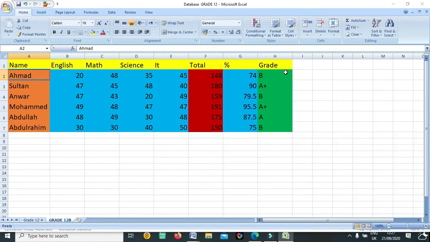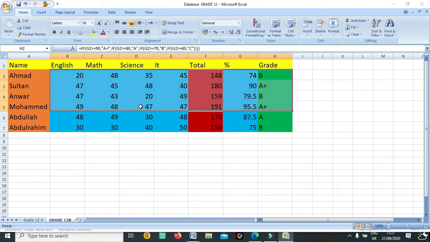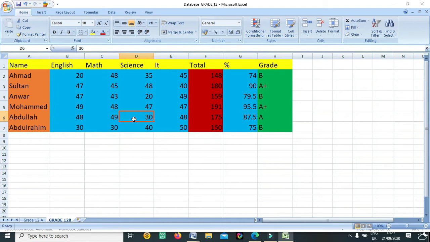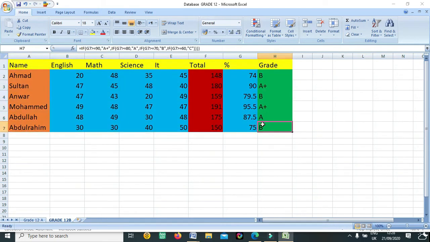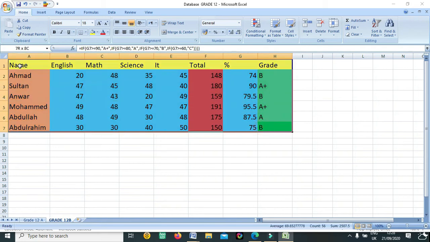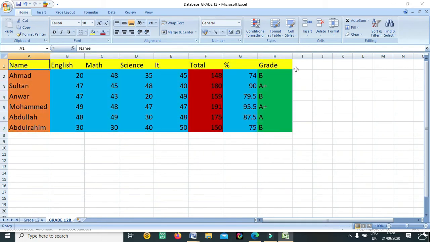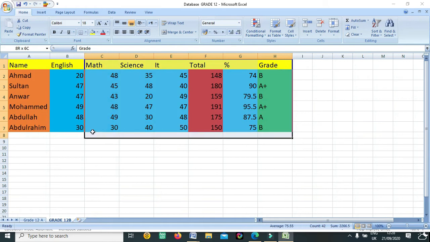So today I am going to show you the Excel commands, the basic commands. Some of my friends ask me about these, and also some of my students asked me this last time. We created this sheet on Excel. Now I am going to tell you how we can use filter, how we can search a particular data, and how we can replace our data.